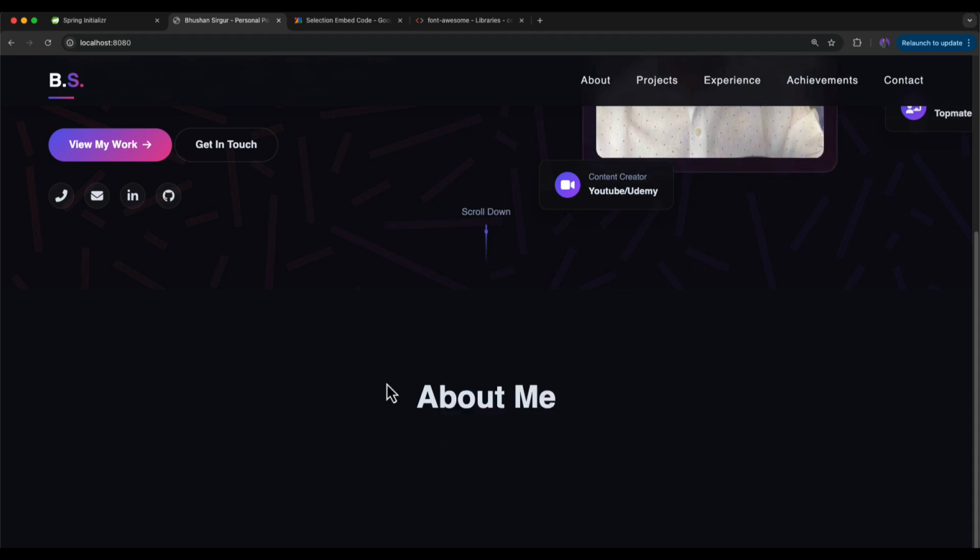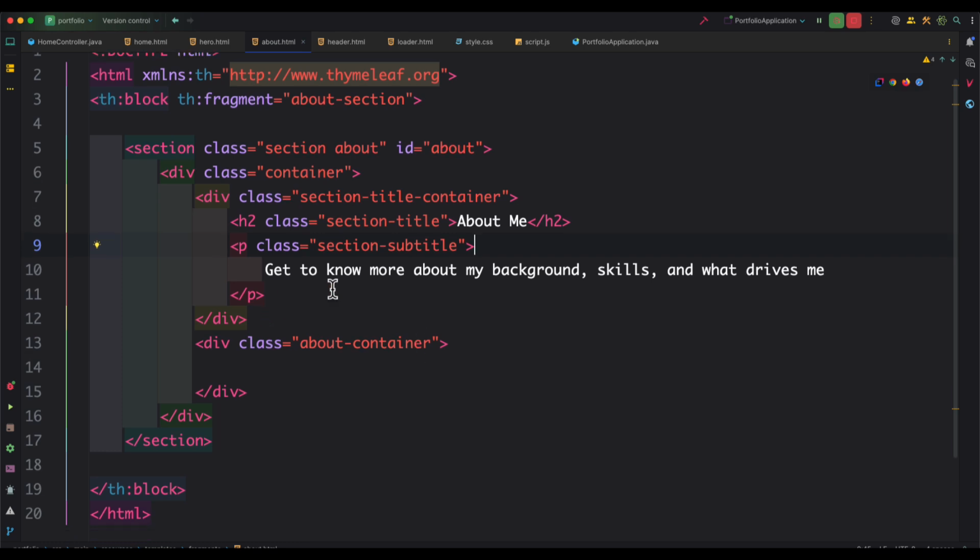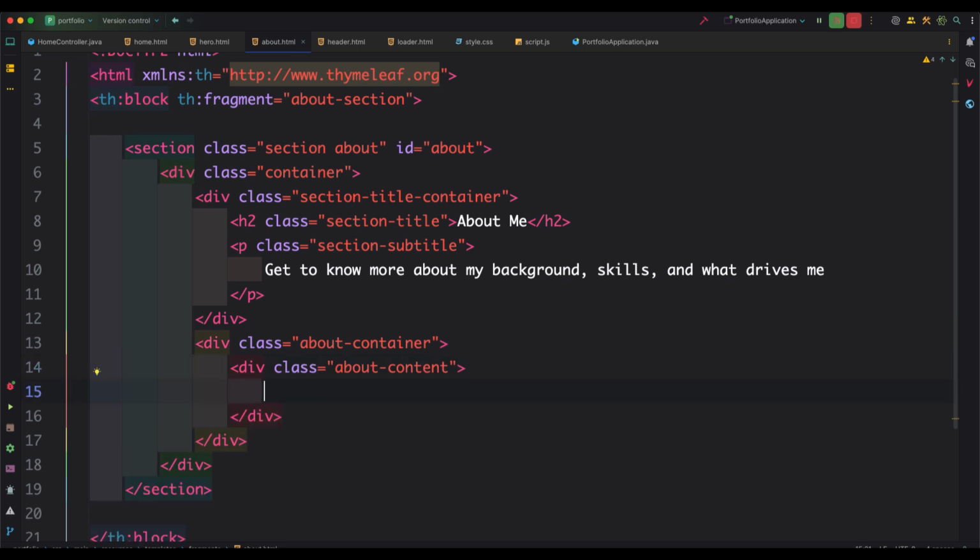Looks like the text is not okay. Let it be, we can fix it later. Okay, but for now let's add the about container, and inside this about container I'm going to create one more div with a class about content, and below this create one more div with a class about tagline